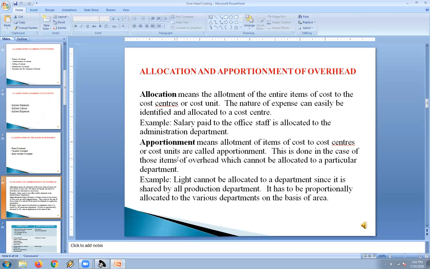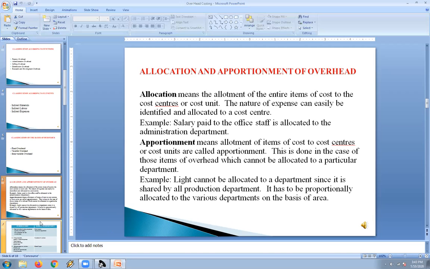For example, salary paid to the office staff is allocated to the administration department. And the next one is apportionment. Apportionment means allotment of items of cost to the cost centers. It is the case of those items of overhead which cannot be allocated to a particular department. For example, lighting cannot be allocated to only one particular department, so it has to be proportionately allocated